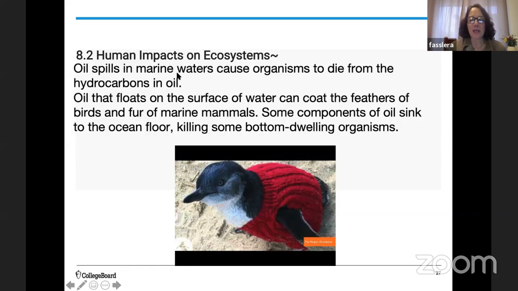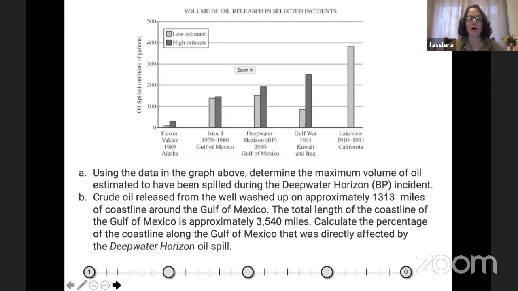And one of the biggest issues, however, with the oil spills on marine organisms is that they ingest that oil when they're preening themselves. And that's a big idea we're going to come back to on Friday when we look at how wildlife and humans get exposed to some of those persistent organic chemicals like we find in that oil, in the hydrocarbon.